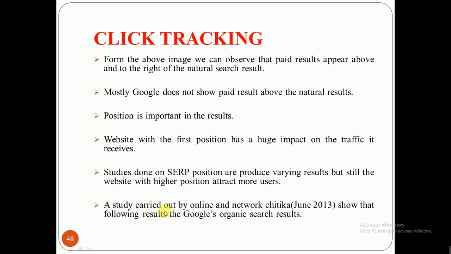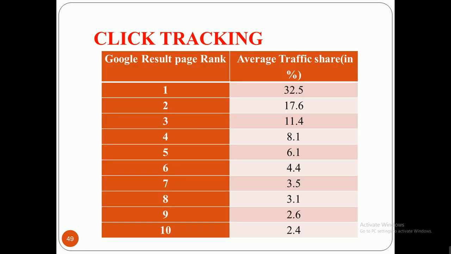A study carried out by online advertising network Chitika in June 2013 shows the following results for Google's organic result page. Chitika is a company which works on online advertising networks and analyzes organic search results on Google. You can see the first rank on the Google result page. The first link will get the average traffic share of